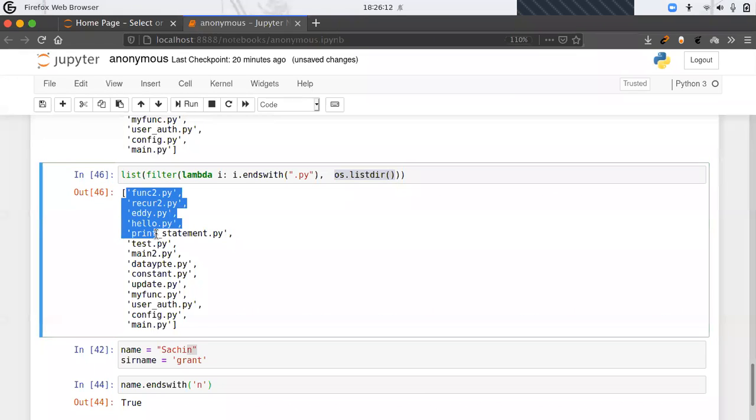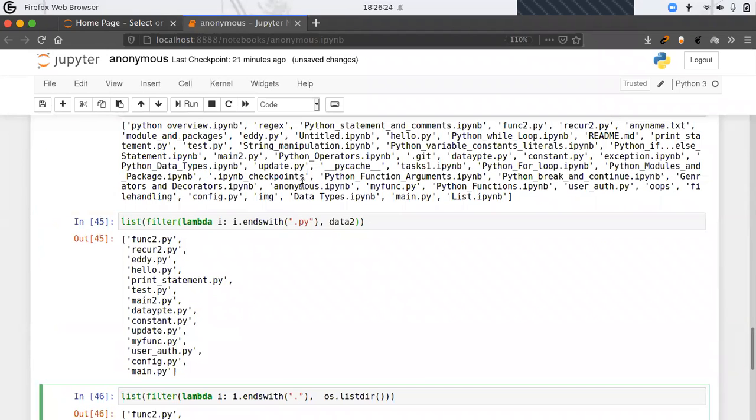That's how you would be able to fetch the .py file from your current file. That's how it will work. Let's move ahead. This is one example to understand the filter, right? Either you can also use a different extension, whatever you want. So let's suppose you want the file